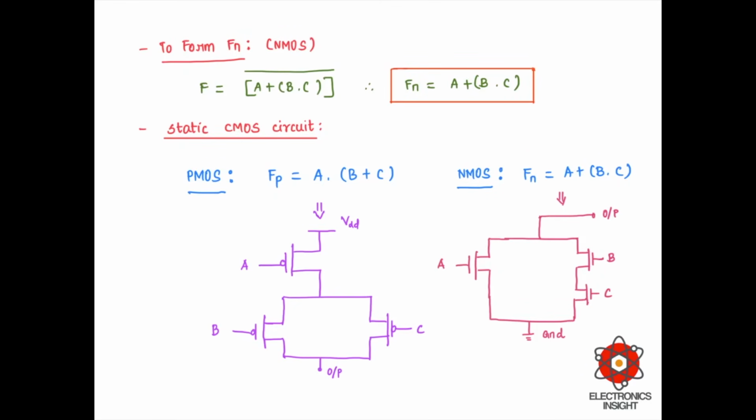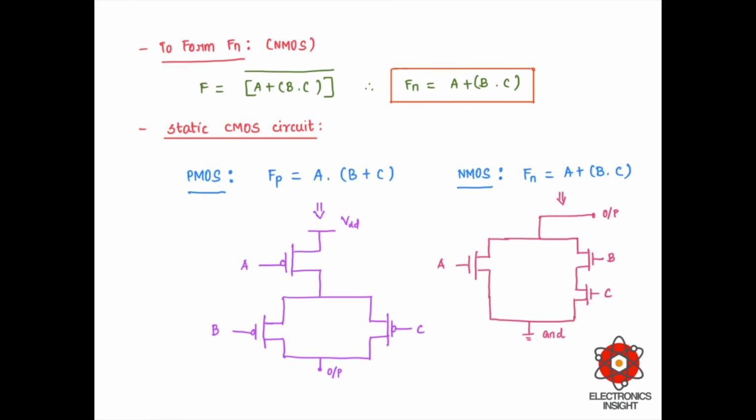Now coming to the final step, which is applying the connection rules. If it is an AND or a multiplication symbol, we connect the transistors in series, and if it is a plus symbol, which means an OR function, then we connect the transistors in parallel. So let us first take the inputs inside the parenthesis, which is B plus C. If it is plus, then we connect both the transistors in parallel. And since it is dot, I have connected the A input transistor in series with B plus C, which are the parallelly connected transistors with inputs B and C.